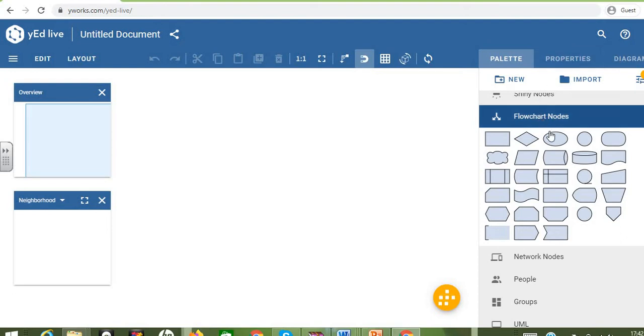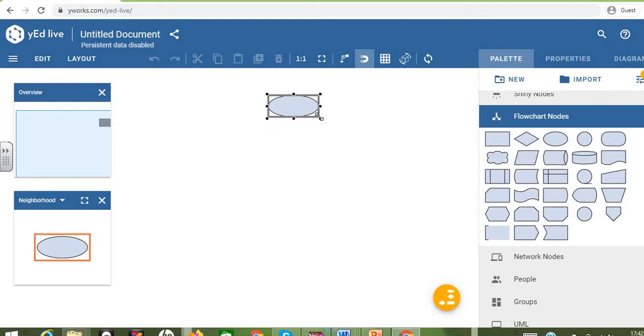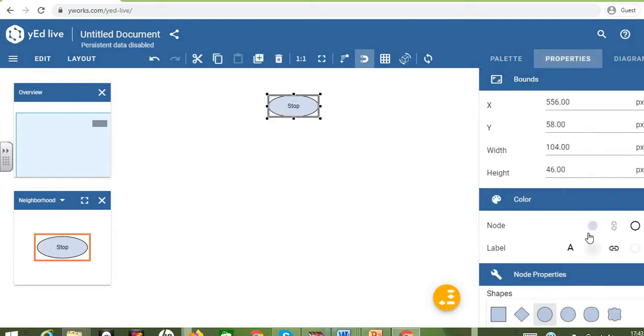First let me start with the start box. This is simply a GUI, so we can drag and drop whichever symbols are required. If we want, we can enlarge it, and if I double click, I can give the instructions inside. If I want to increase the font size, then I select that particular label and go to properties.